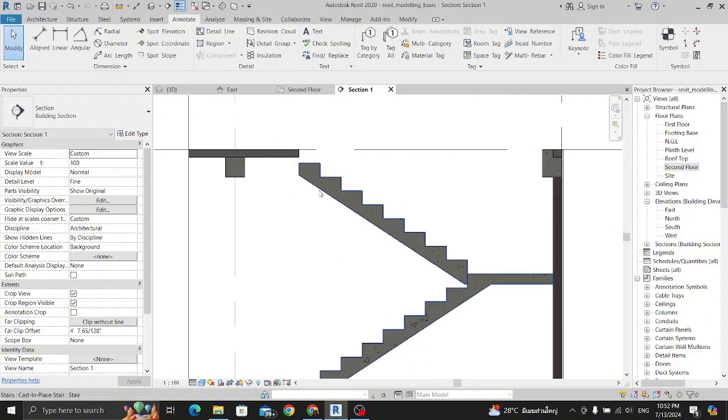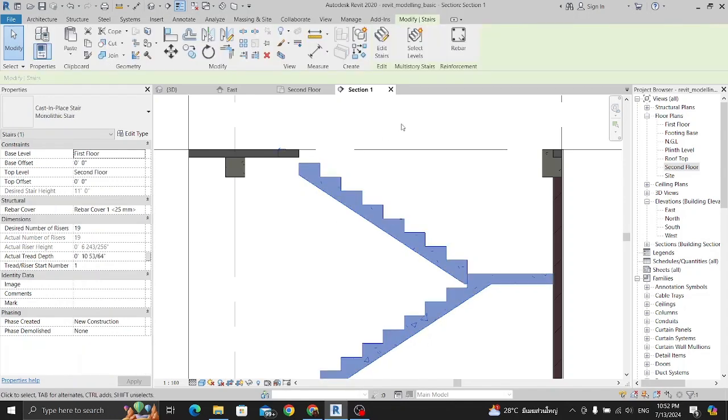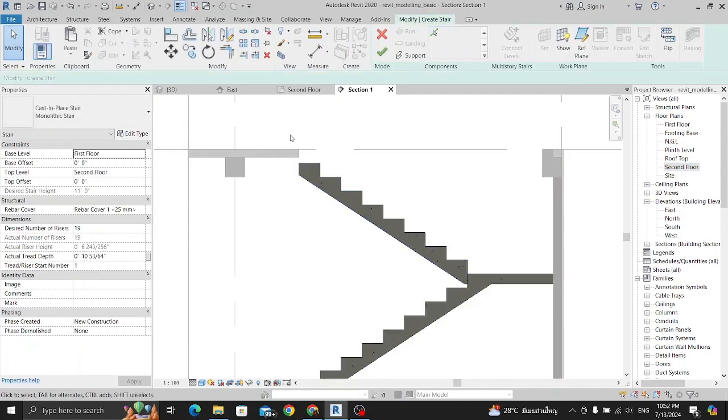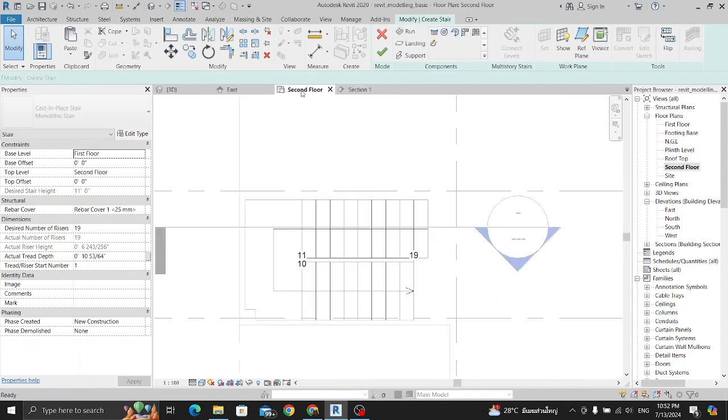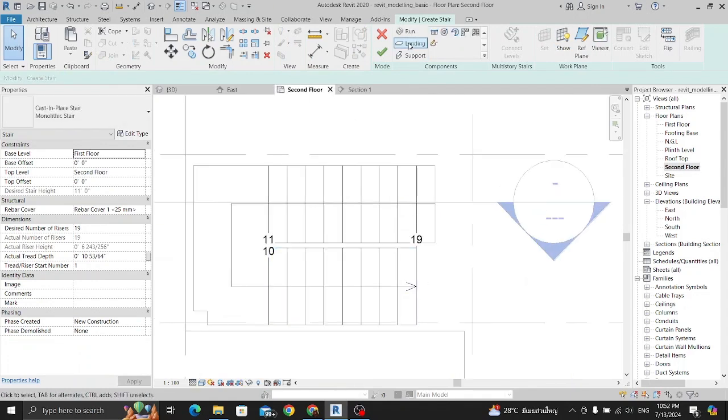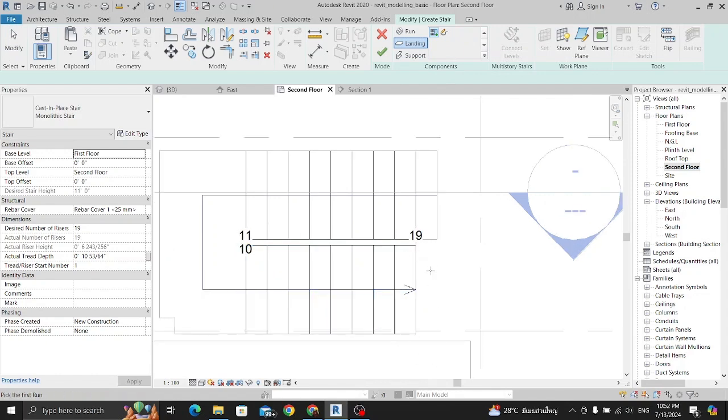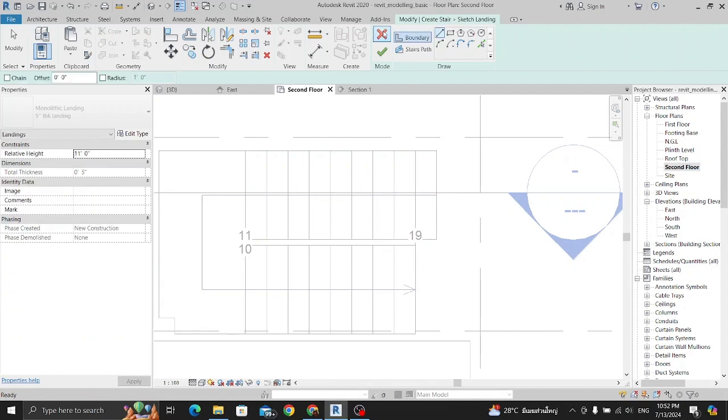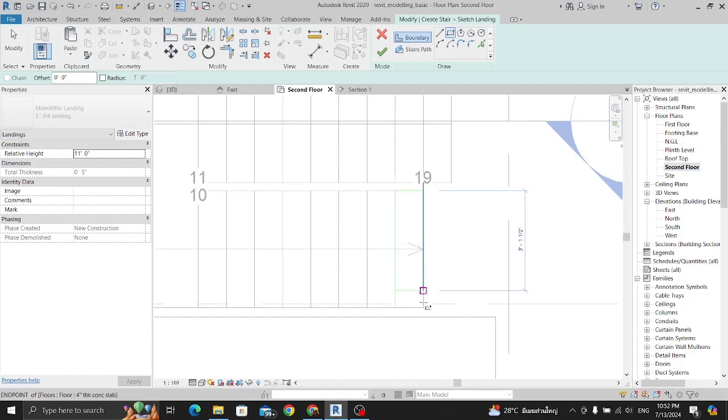To do this, the first thing you want to do is just select the stairs right here and then go to Edit Stairs. I'm going to go to this second floor and we're just going to create a landing here, right? Create a landing and then make that connected with the stairs, so all these things are connected with the floor and stairs together. So just click the sketch mode, and then I'm going to choose the rectangle and just draw